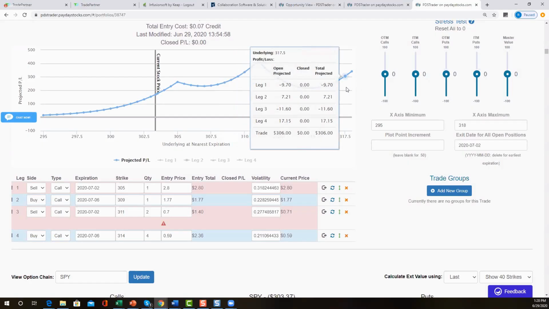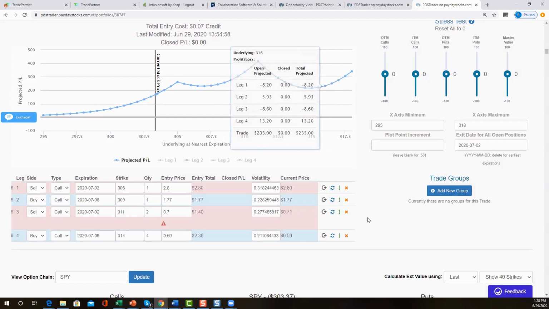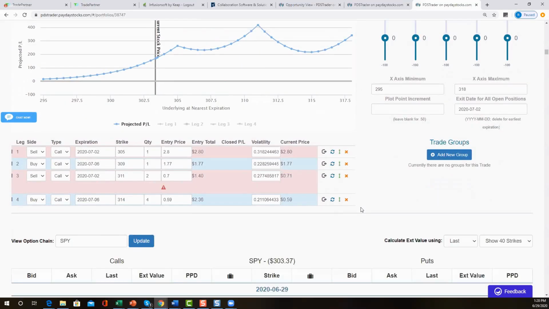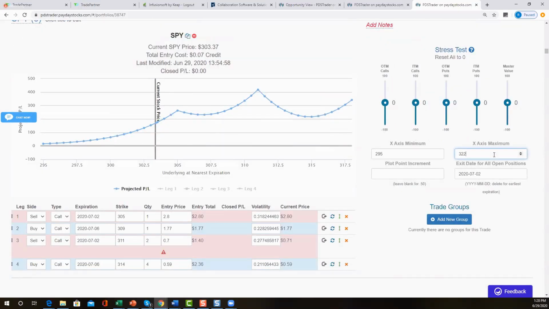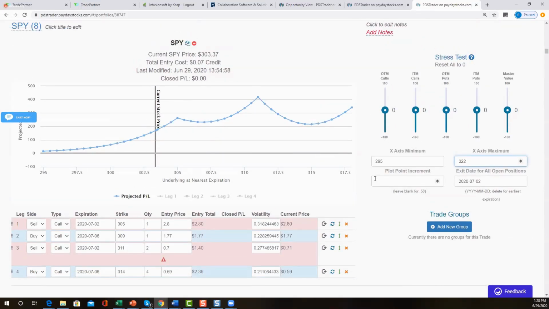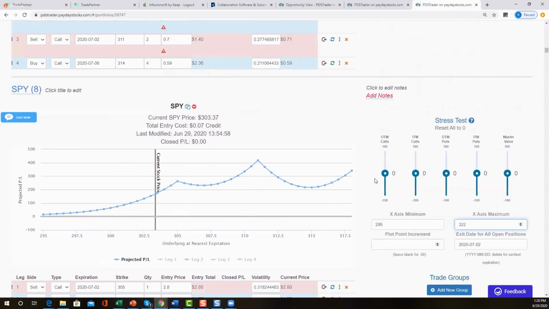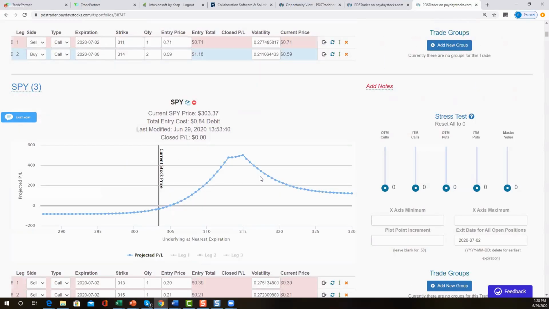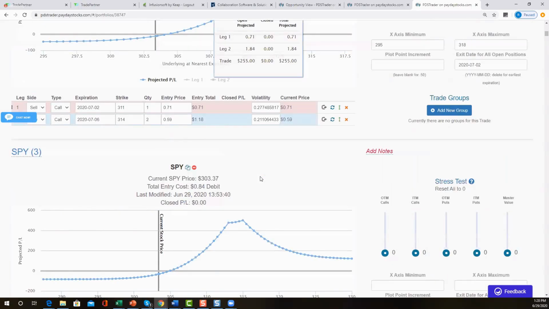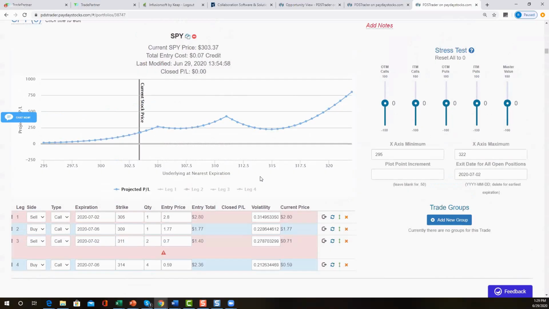And maybe, actually, there wouldn't be any risks, but we're going to do it on this just so you can see how it works. And I'm going to increase this to 322 to increase the perspective. And you can see that we have unlimited profit potential if the market absolutely skyrockets. And if you're in this trade and you're in the next, the one that we took on Friday, or a couple of them that we took on Thursday, not Friday, it's tremendous opportunity if the market skyrockets from here.